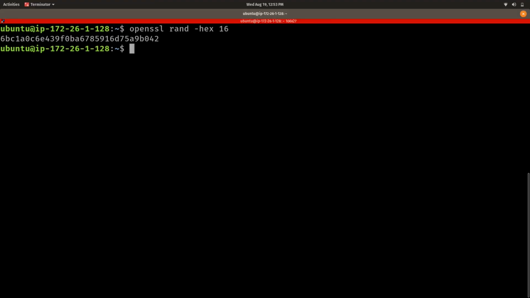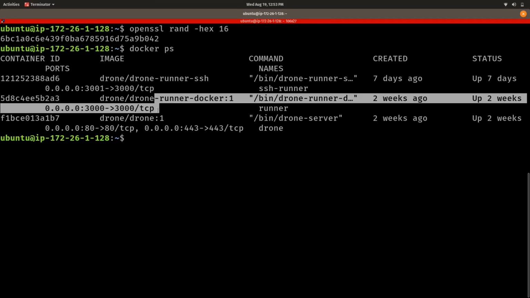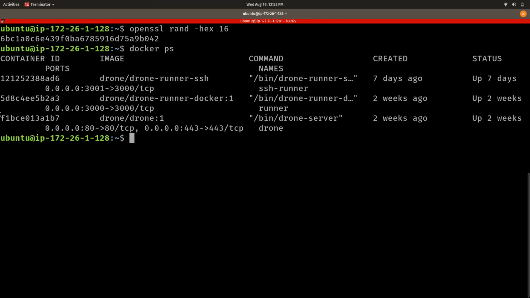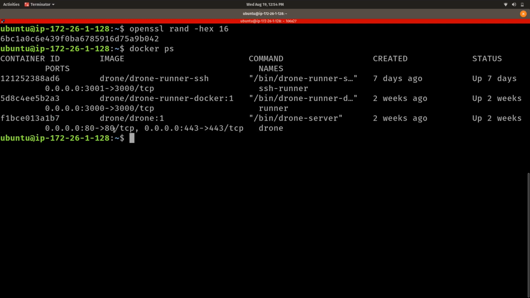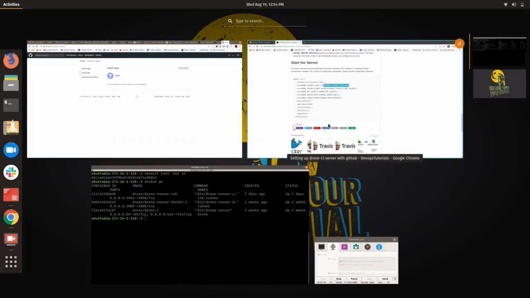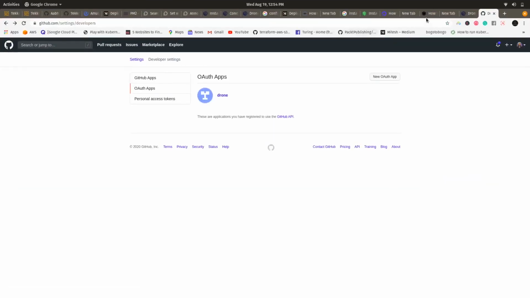So I have done it 2 weeks ago, so it's saying it is up and running from 2 weeks. So here it says the Docker container name is drone, and its image name is drone.1, and it's running on port 80, and the IP of this server is, let me show you the IP. The IP of the server is this, and I have mapped this IP with